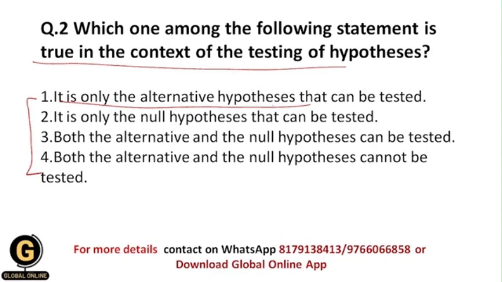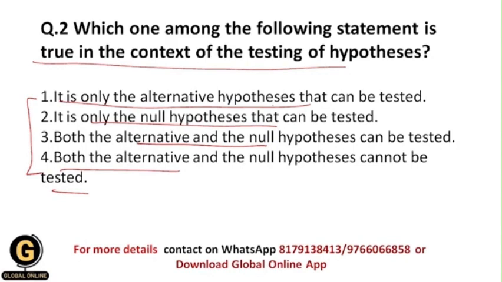It is only the null hypothesis that can be tested. So whenever we test the hypothesis, there is only the null hypothesis that we test. Both the alternative and the null hypothesis can be tested. Both the alternative and the null hypothesis cannot be tested. So basically, students, this thing is really most important. Whenever you test the hypothesis, then in that section basically you only